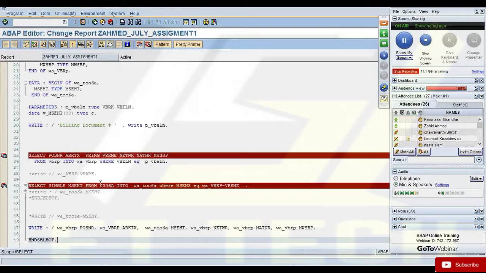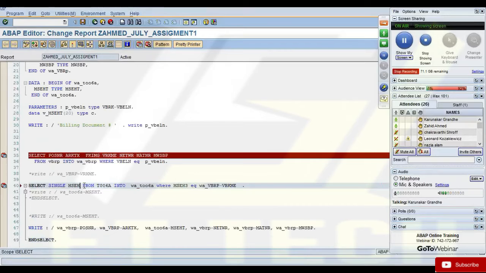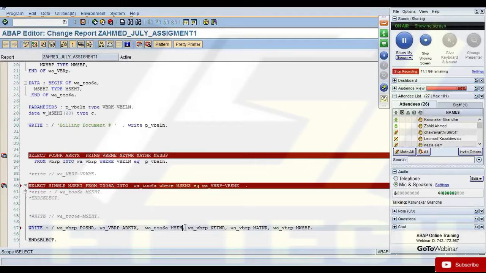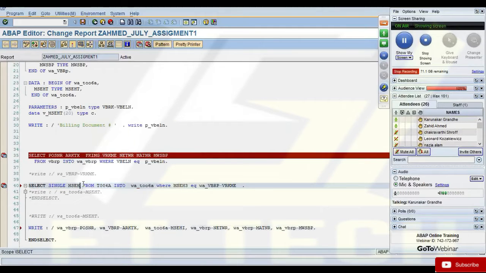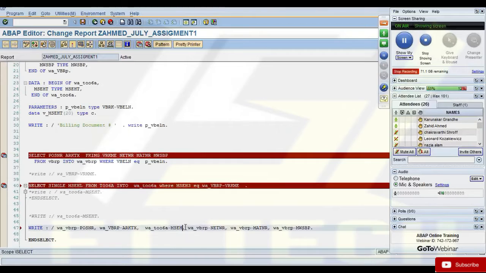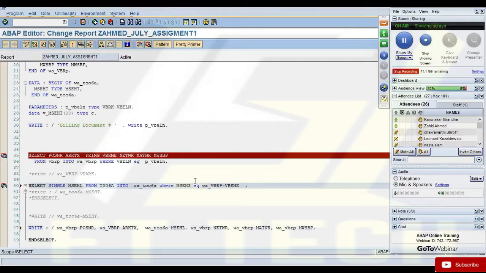So Karnakar, you got an idea how to do it? Yeah, actually I used another select option, but still it was giving me some kind of error, like that field cannot be used. Sorry, some syntax error it was showing. MSCHI.